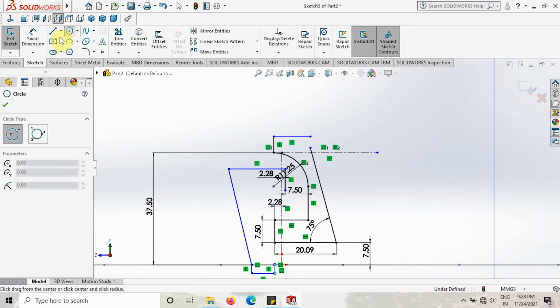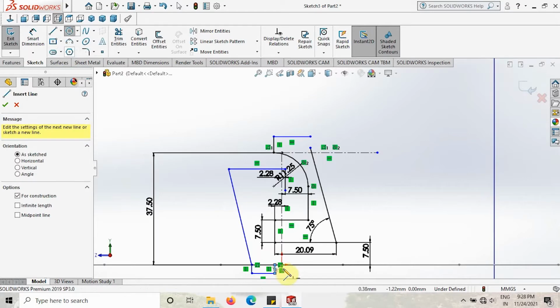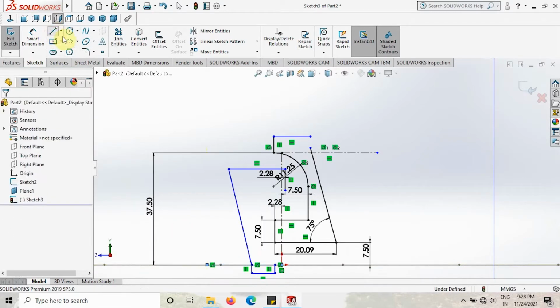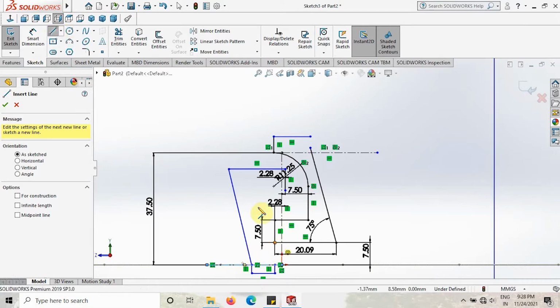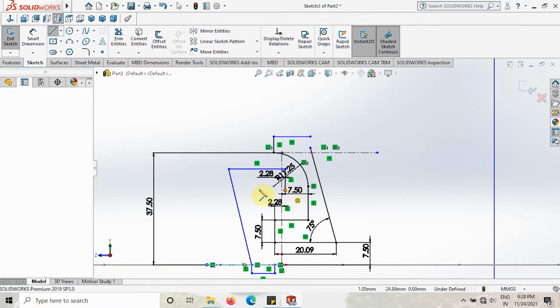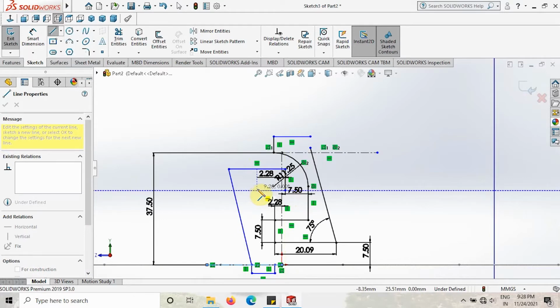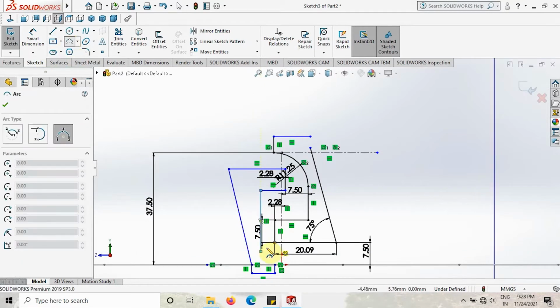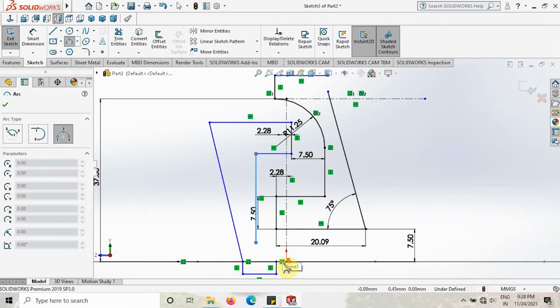and take one center line and create one center line like this. Take the line option again and create a profile here like this. Take the 3-point arc again and draw an arc like this.